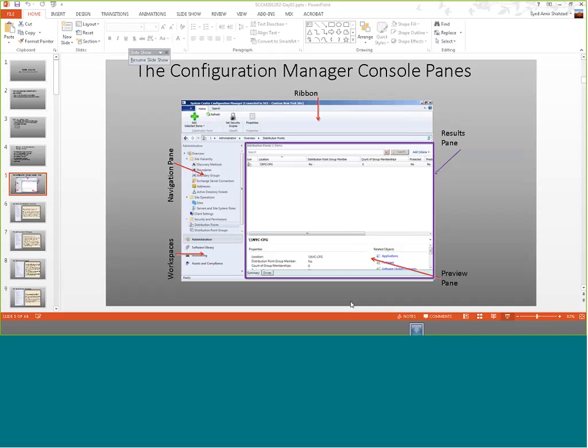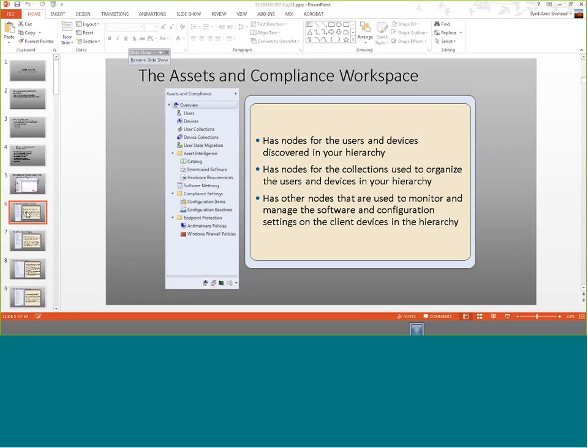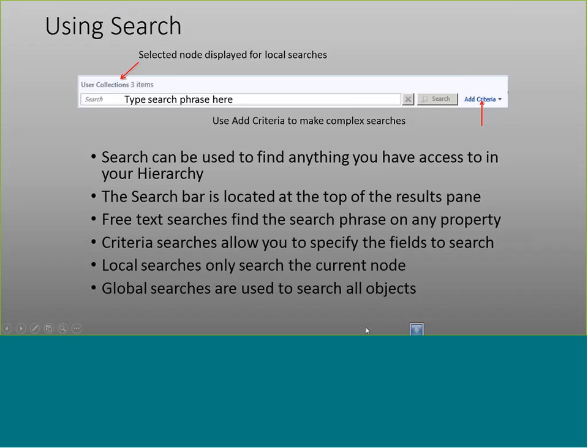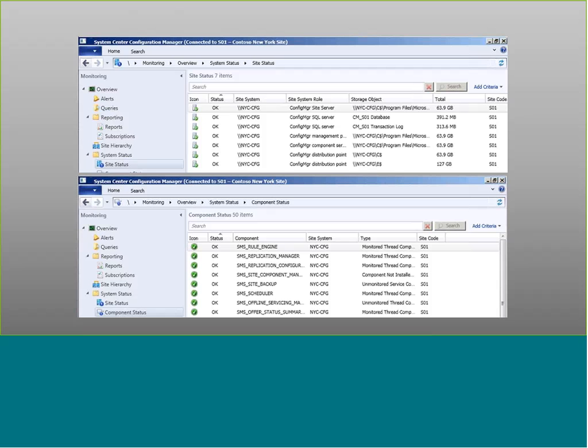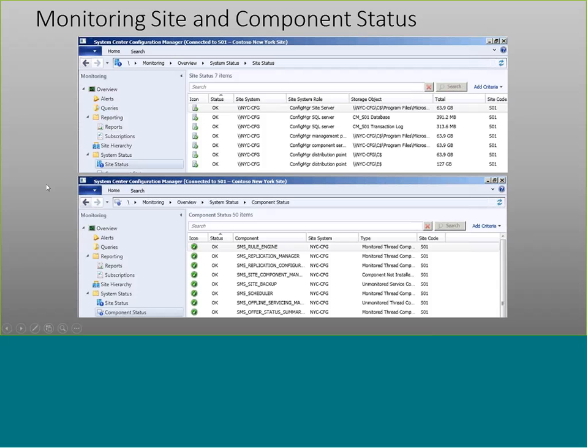Okay, what's next? Some action. Well, it's going to be a mixture of action plus theory. Assets and compliance. Oh, we did that. Okay. Monitoring of SCCM, very, very important. Very few things we need to know, but very important, as we always know. So site status, it starts talking to us right away. If you go to system status and go to site status, does anyone have anything populated yet, or